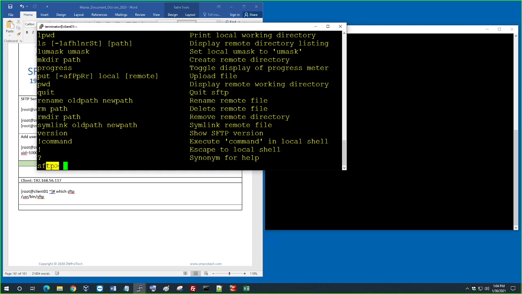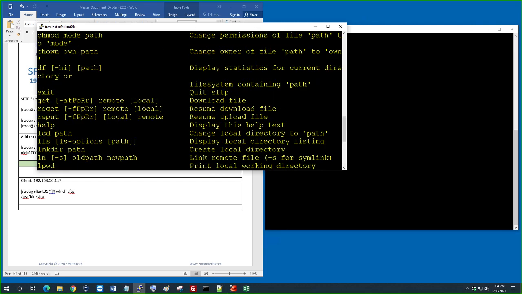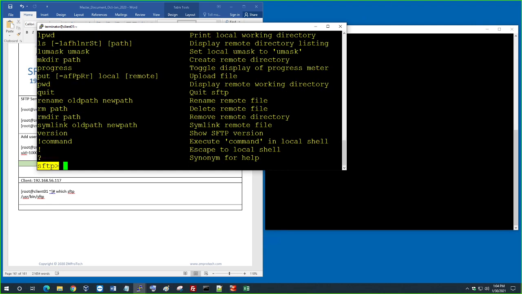Yeah, because this is restrictive. Okay. He won't be able to do a lot of things there. He's just restricted to a bunch of these commands. That's it. Get, put, and all that. That's all he's able to do. So if you do ls,